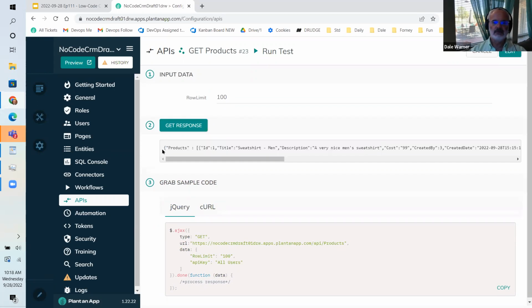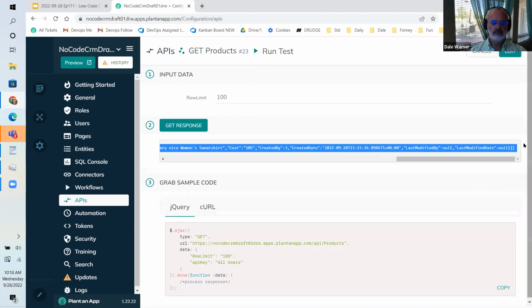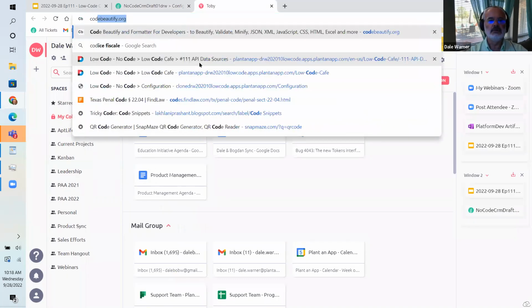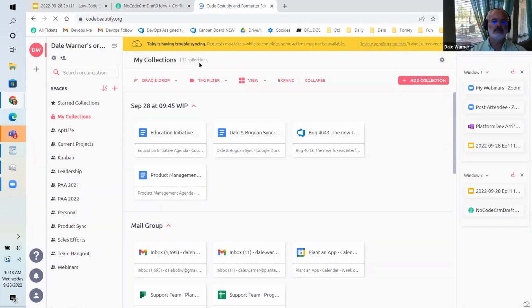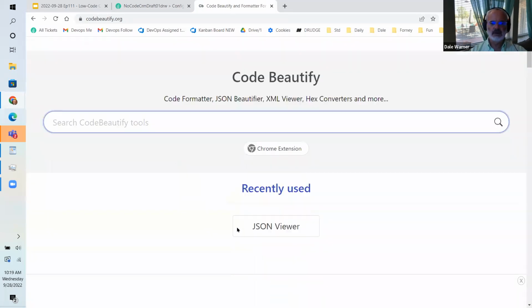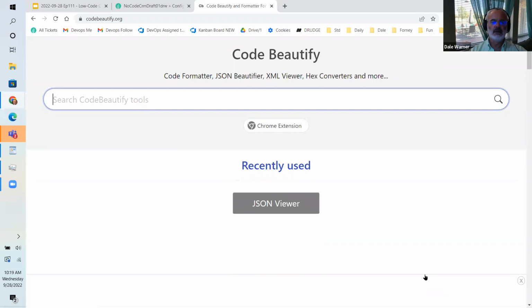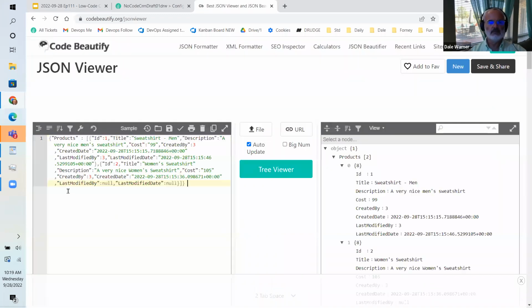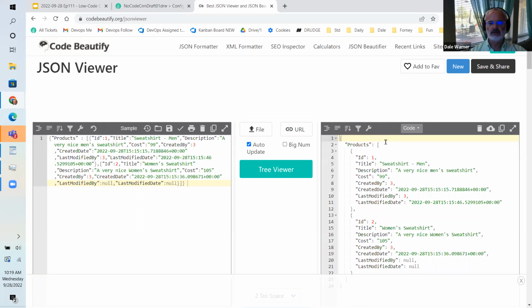I'm going to try and highlight this JSON and copy it so that we can just get a look at it. I have a favorite, Code Beautify. It provides a nice JSON formatter, and I'm going to use that, but any JSON formatter will do. I'll paste that in here. So while it shows all in one line to start with,